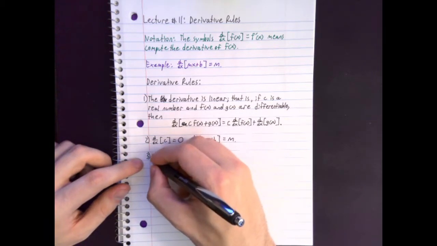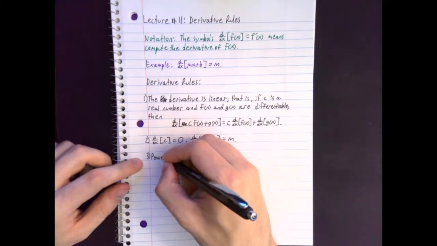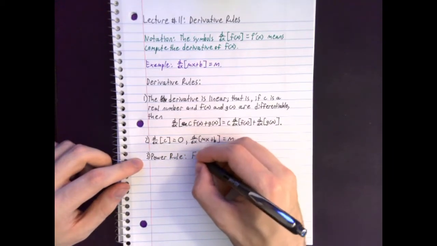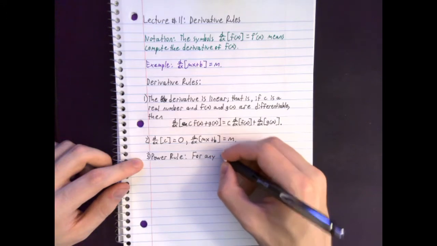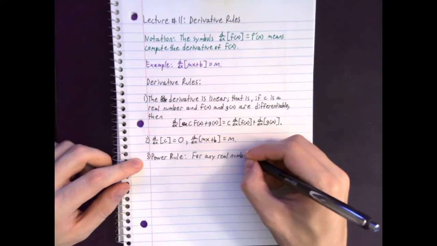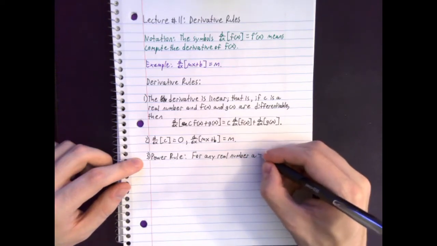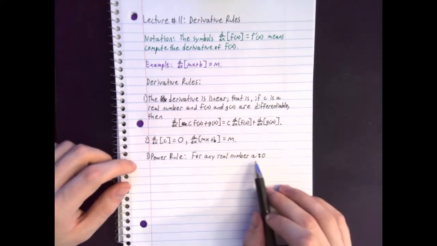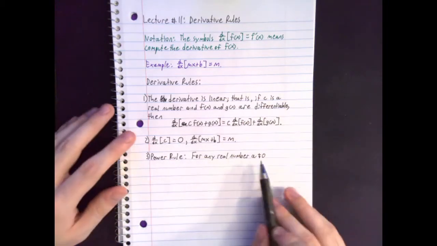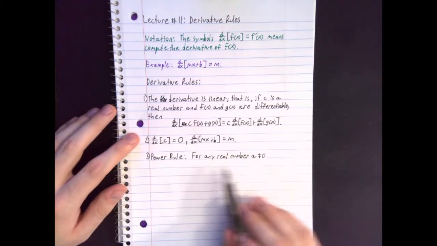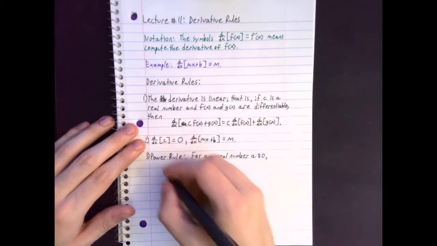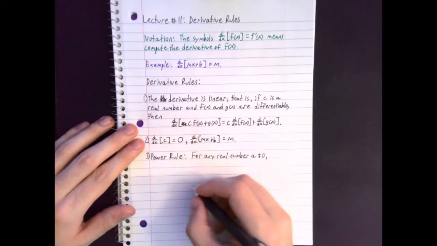The first interesting rule is the power rule. So for any real number a, which is not equal to 0, so a is going to be a power of x, and x to the power of 0 is just 1, so we exclude a equals 0. So for any real number a which is non-zero, the derivative